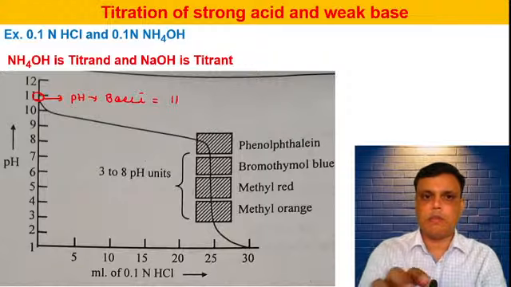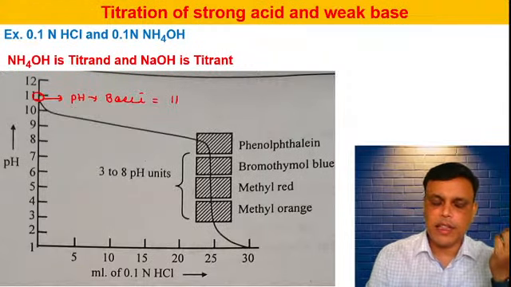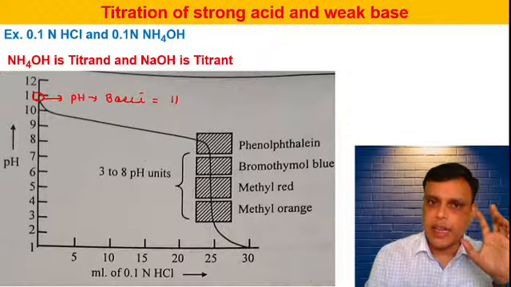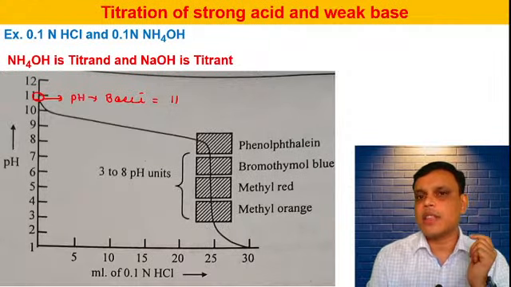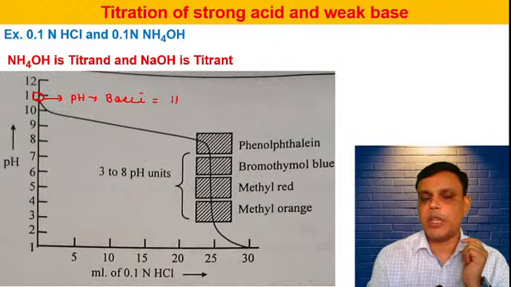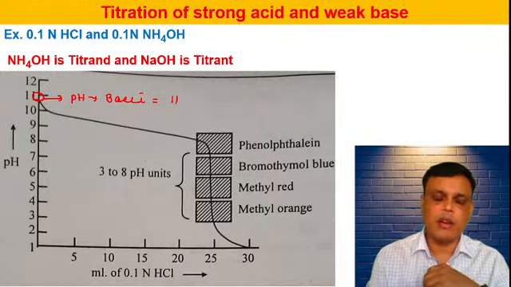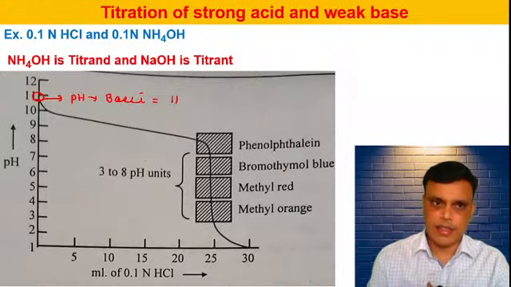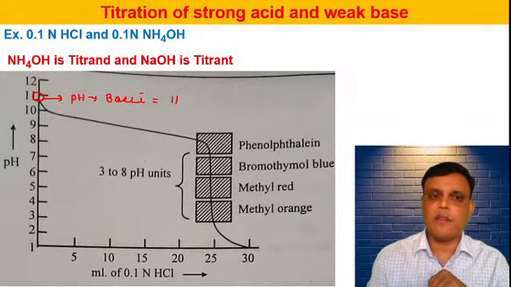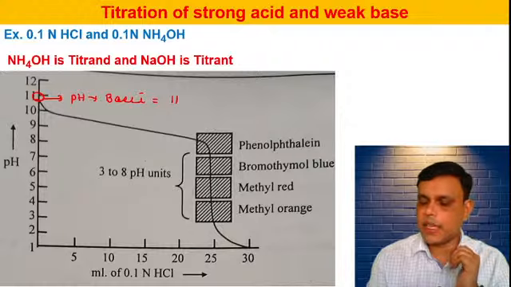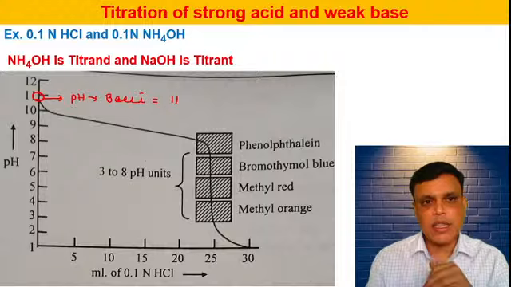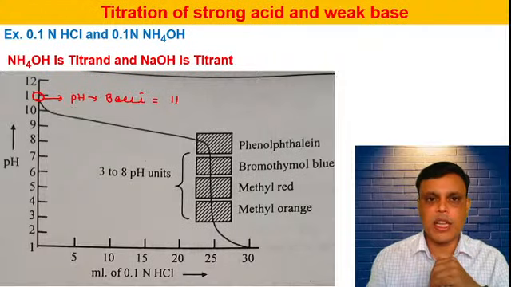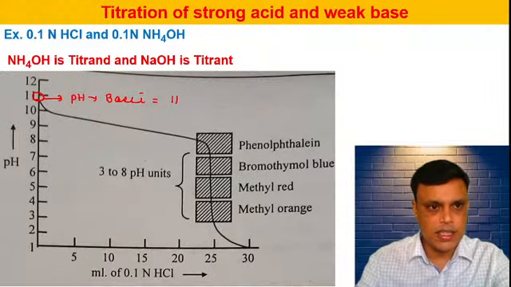This is different. In the two titrations we saw earlier, at the starting point or at 0 time the pH of your solution was acidic, because in the conical flask we had taken acid. Now in this case, in the conical flask we have taken a base, that is ammonium hydroxide, and ammonium hydroxide is a base. So the pH at the starting point or at 0 time is basic, that is 11.